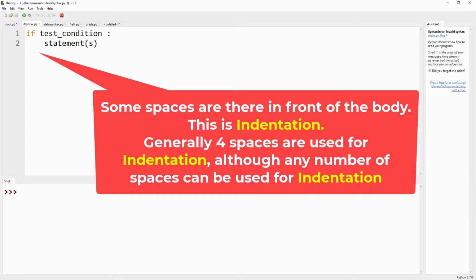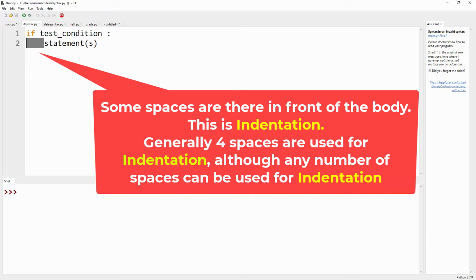Notice that there are some spaces here in front of the body or the statements. That is called indentation in Python, and that indentation is used to differentiate the body of the if statement.